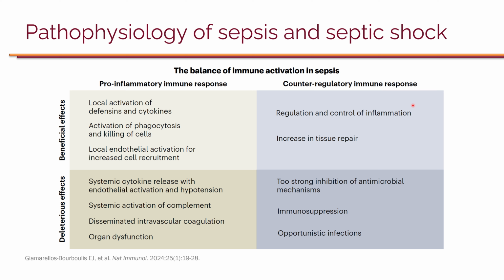And then on the immunosuppression side, the beneficial side is that there is regulation and control of inflammation, because too much inflammation can cause damage. So this immunosuppression is going to calm things down, calm down the storm, and increase tissue repair. The downside of that is that now you have immunosuppression, so people are more prone to getting other infections. So not necessarily the infection that caused sepsis, but now you're going to have opportunistic infections that can be